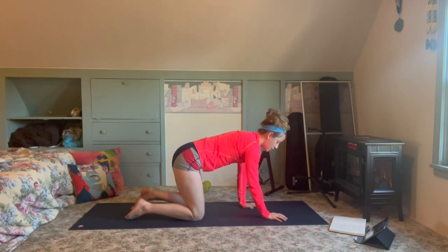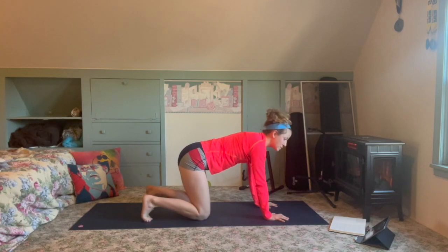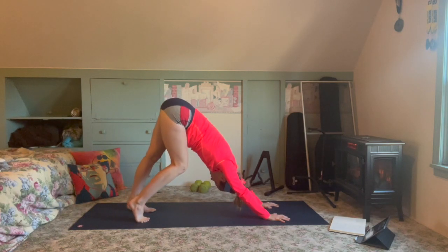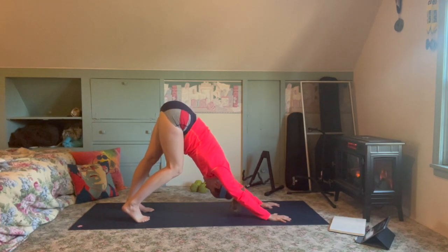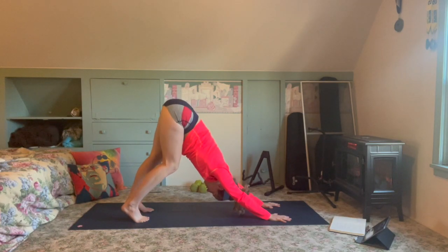On our next inhale, fingertips walk a little bit in front of our body, plugging the toes. Exhale, hips up to that downward dog, taking time here. It's our only downward dog of the practice today, so give yourself a little time to really feel out anything that feels delicious. And maybe just for today or always, pay extra attention to what's going on in the upper